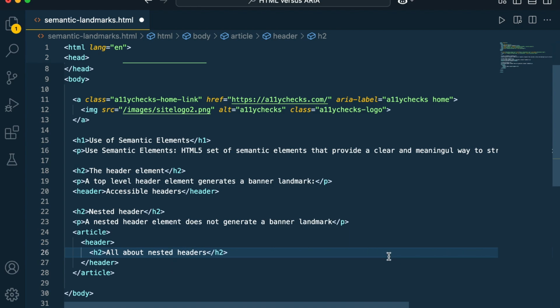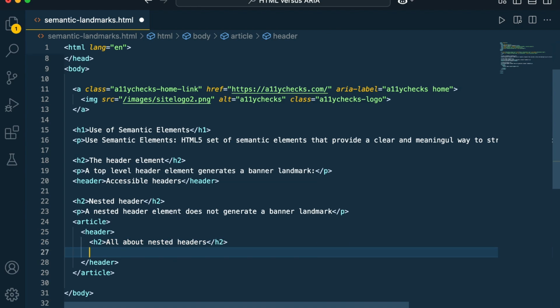Nested headers, and if I give a p tag, let's say,